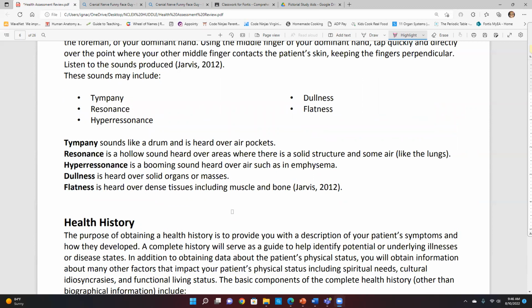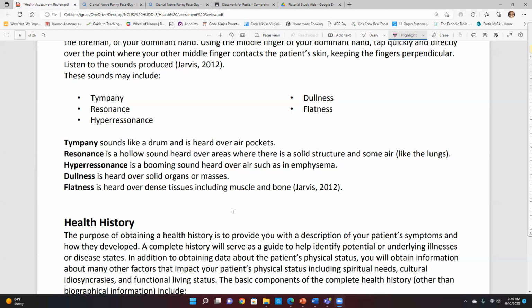So timpani is going to be sounding like a drum. And I would expect to hear timpani over the lungs because they are actually filled with air, right? And then resonance is a hollow sound, that there's a solid structure, right? And some air. Okay, so I'm sorry, I take that back. Timpani, I said was air pockets, so that's not true. You should have resonance. Okay, now hyperresonance is going to be like what you find in your emphysema patients because